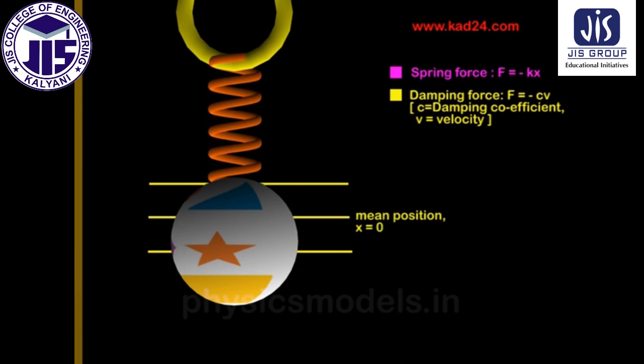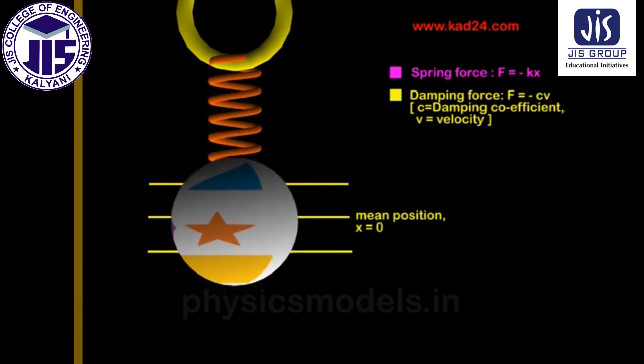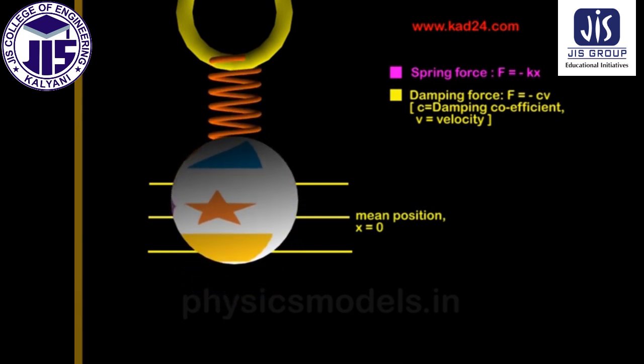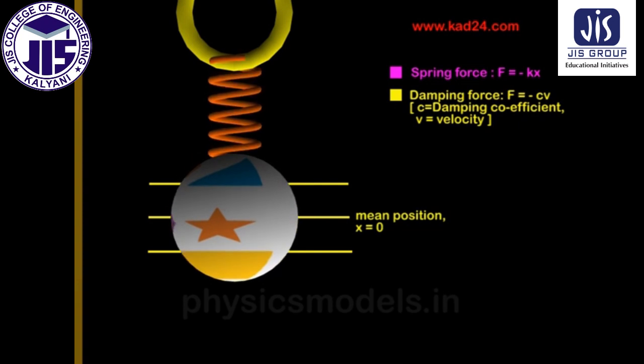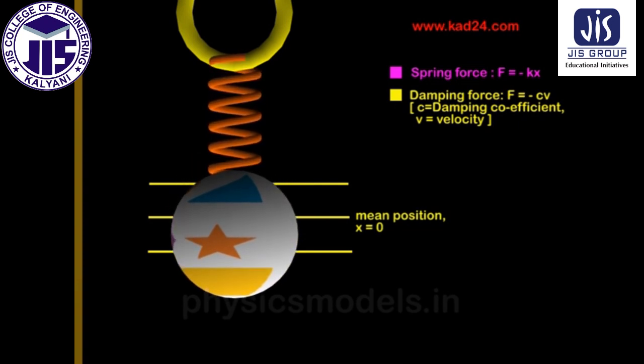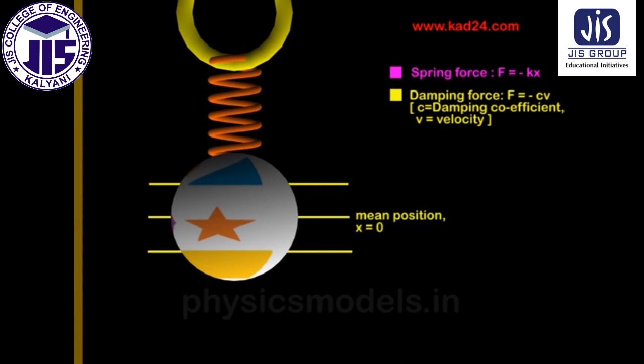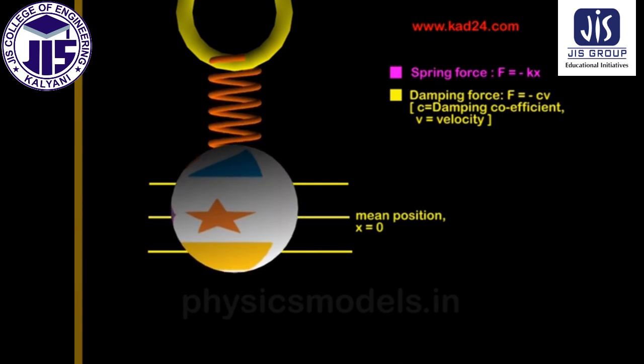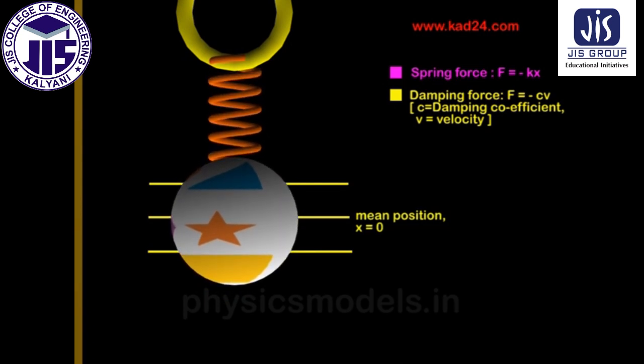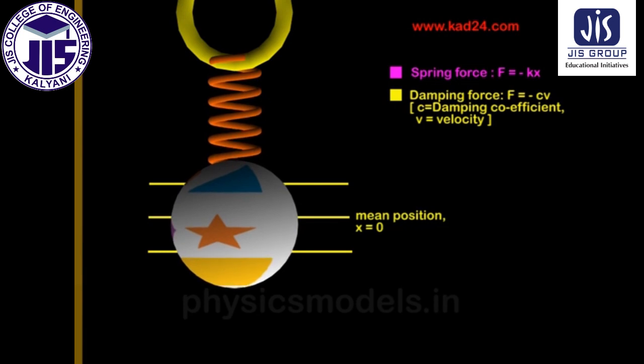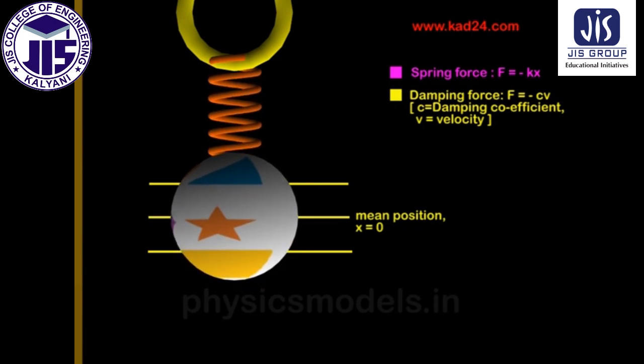If you do not have a damper, the spring is likely to go on vibrating for a very long time. So if you have a suspension that does not have a damper, then those oscillations that we saw will continue for a very long time, which is not desirable for occupant comfort. So it's important to put a viscous damper, which is normally a hydraulic unit that's fitted inside that spring.